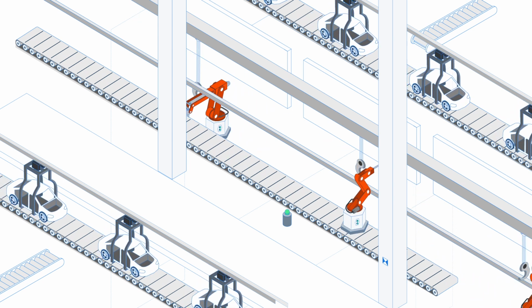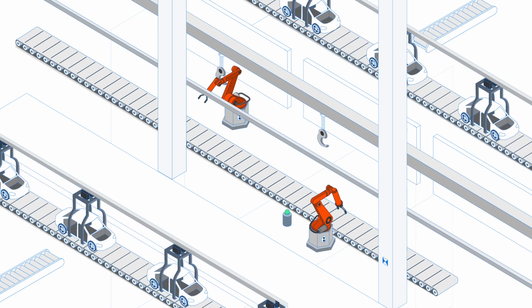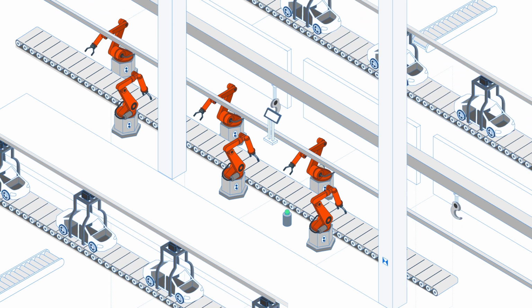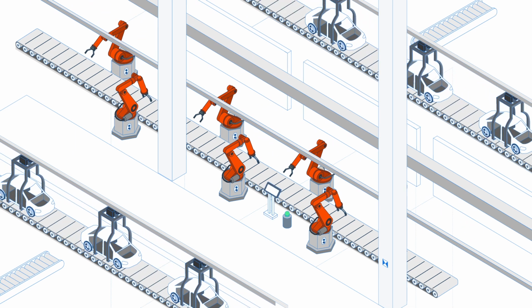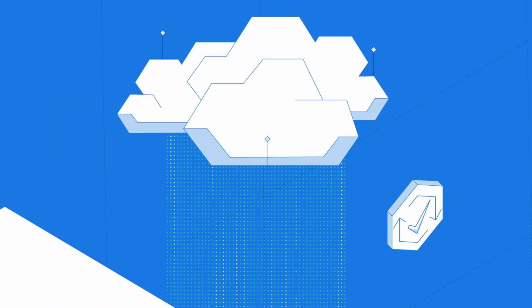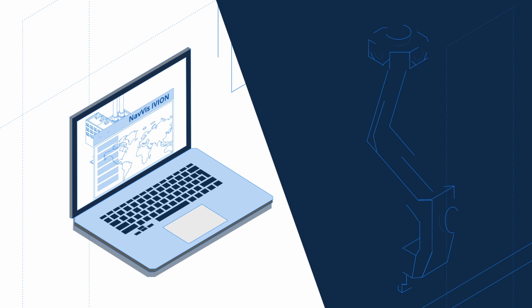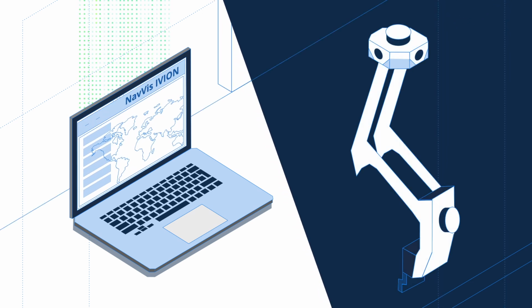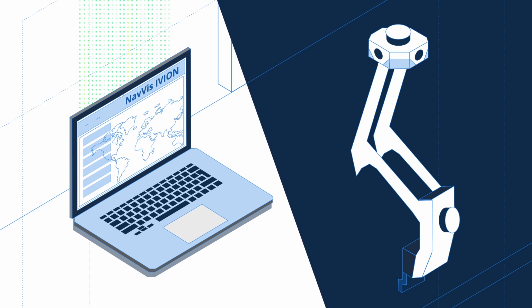Working with unreliable layouts or old CAD data can result in delays and extra costs. Reality capture data you relied on yesterday can quickly become outdated, requiring the need for updating your digital world. To stay on top of the changes, Navis enables you to maintain your reality capture data at your own pace with an industry-leading lean rescanning workflow.